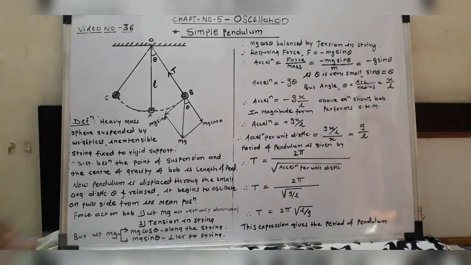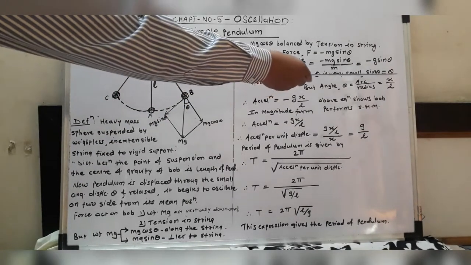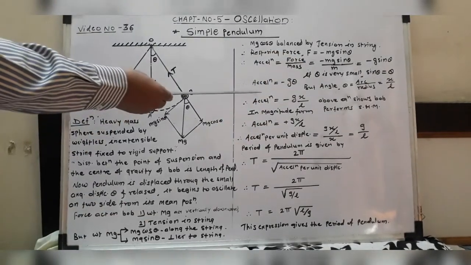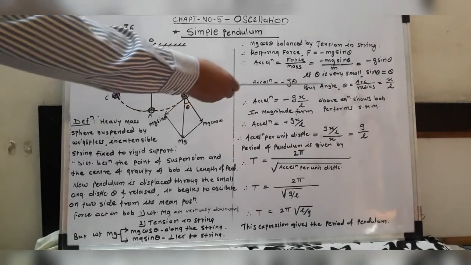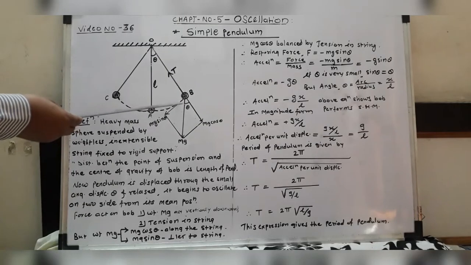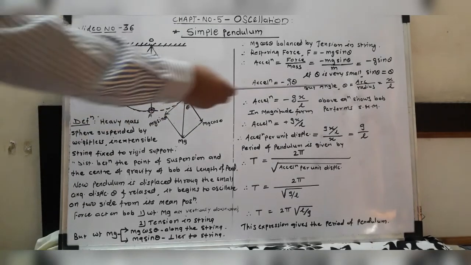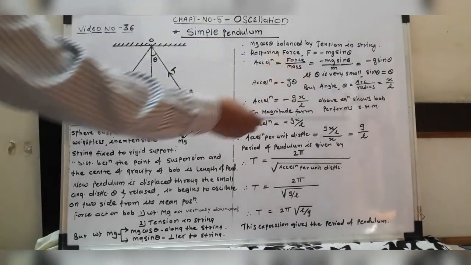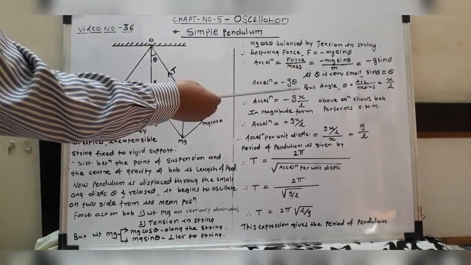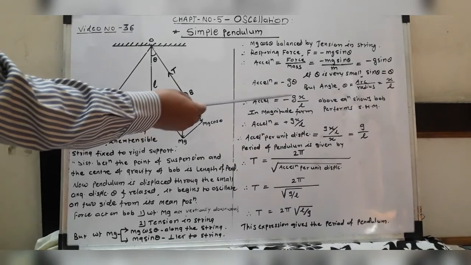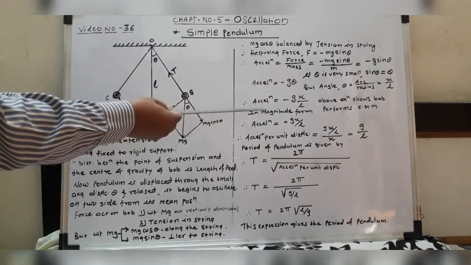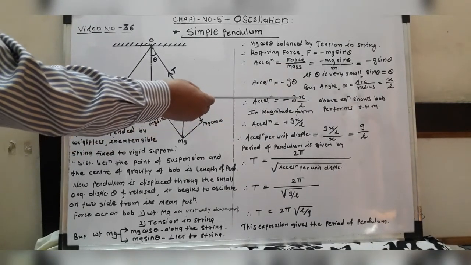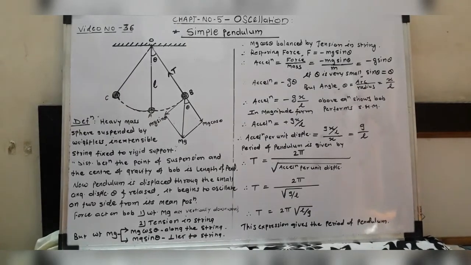Again, this theta is very small. Then instead of sin theta, we can write simply theta, and therefore acceleration is equal to minus g theta. Again, this angle theta is nothing but the arc upon radius, so that arc is x and the distance is L, therefore we can write theta is equal to x upon L. Substituting this value in the above equation, we get acceleration is equal to minus g, and instead of theta we can write x by L. That means acceleration is equal to minus gx upon L.